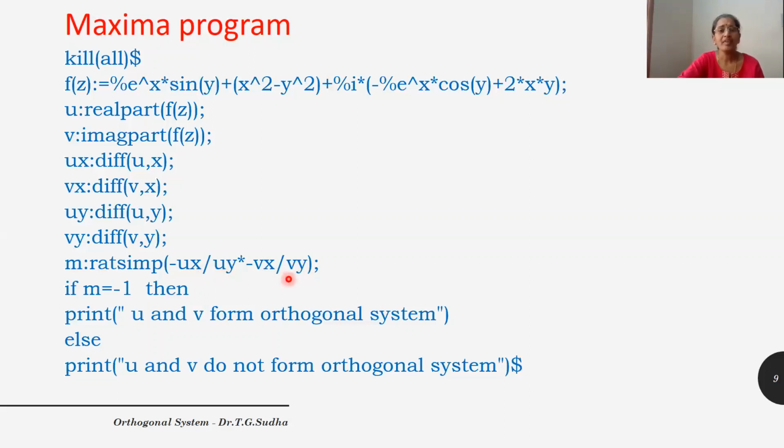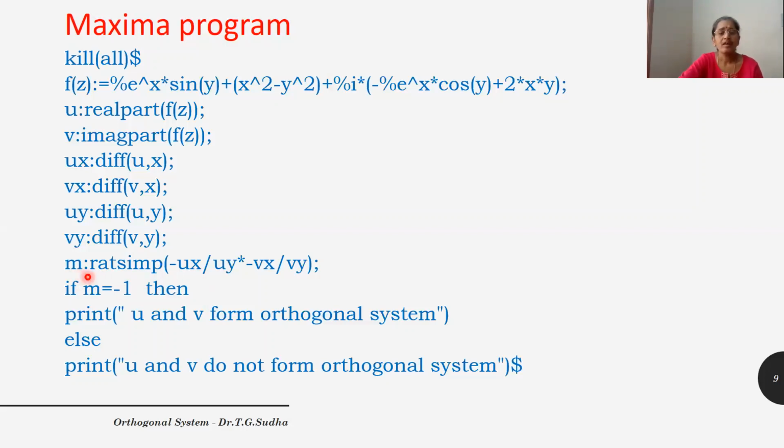Here we need simplification, that is we need to cancel out the common factors and multiplication, or whatever simplification needs to be done. For that we need a command. We are using ratsimp, because Maxima doesn't simplify the expressions by default. For that reason, we use ratsimp, radcan, factor, etc. commands to simplify. Here we are using ratsimp.